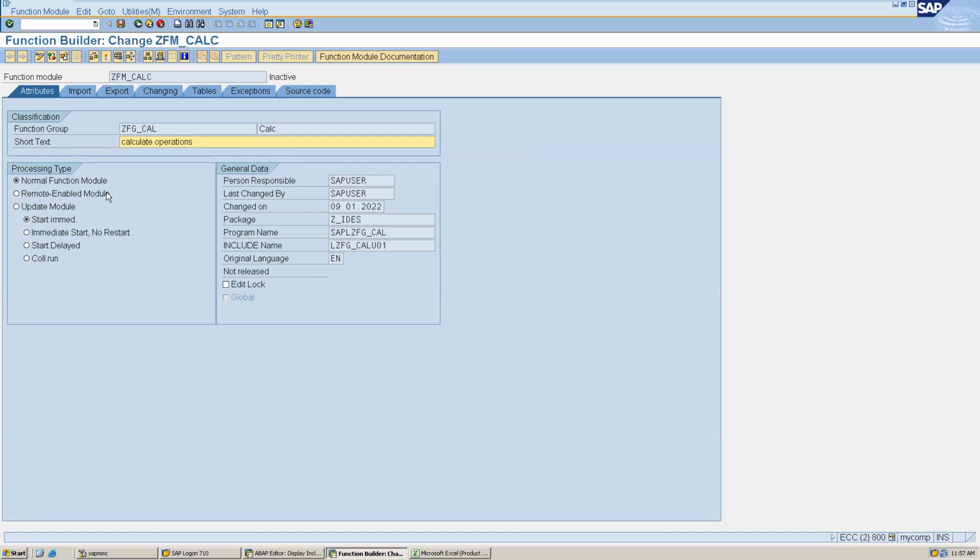If I make it a remote function module, it can be called from outside the SAP system. Generally we create an RFC or remote function module when we are working with interfaces, like proxy. And we use an update function module when we are working on some logical unit of work.